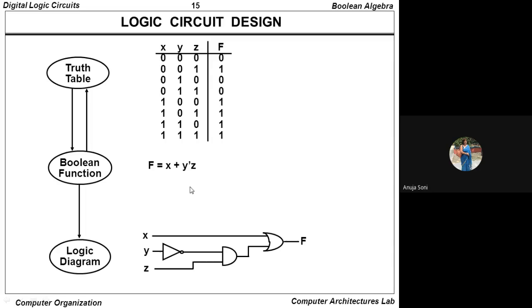This is the logic circuit diagram. How is it drawn? First of all, you have to decide the number of variables. You do have 3 variables. Straightforward, you write down x, y, and z, and there is one inverter operator over y. So you have to place the inverter logic gate.